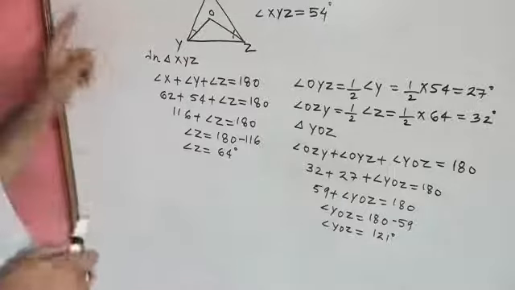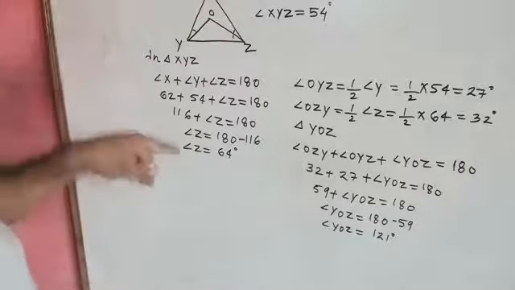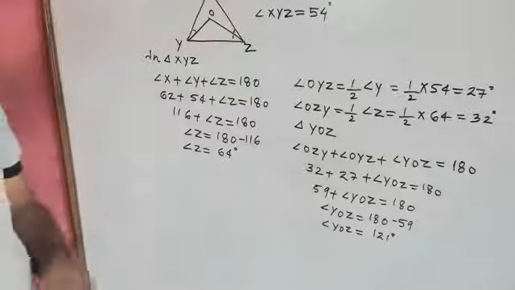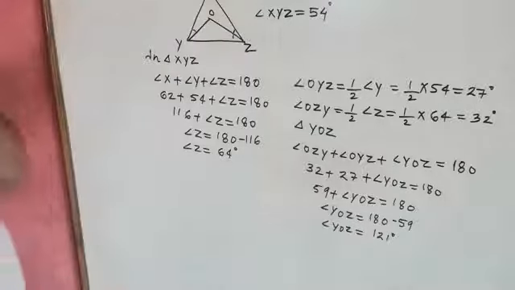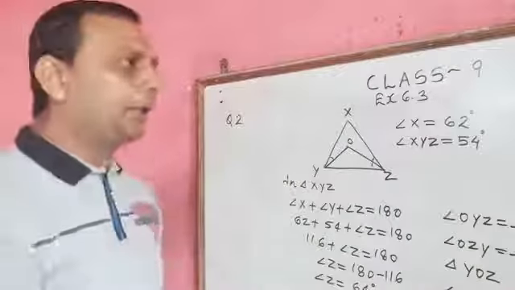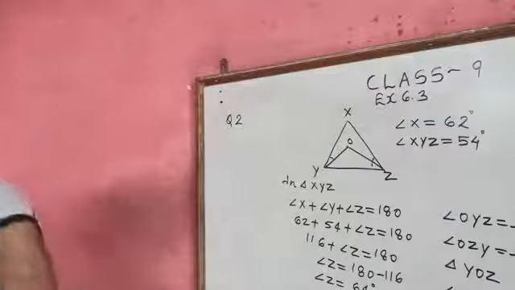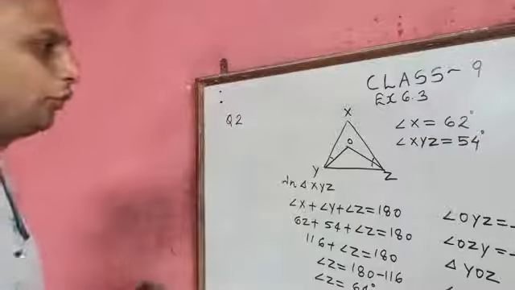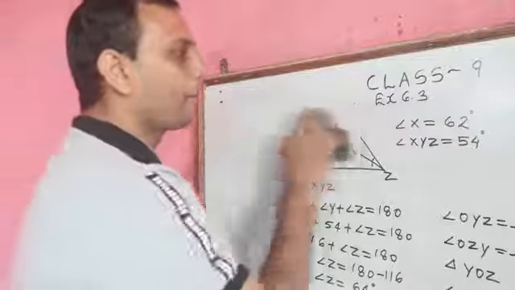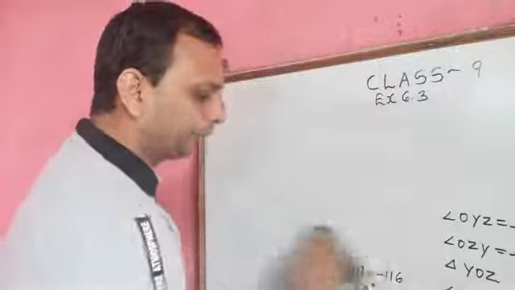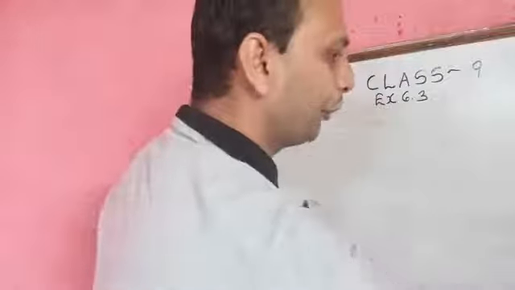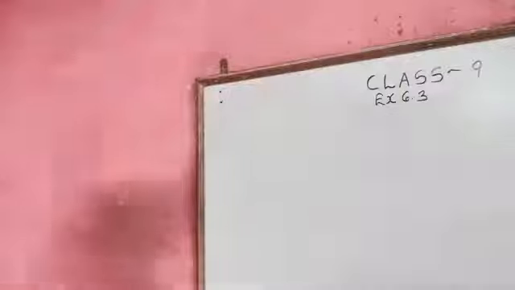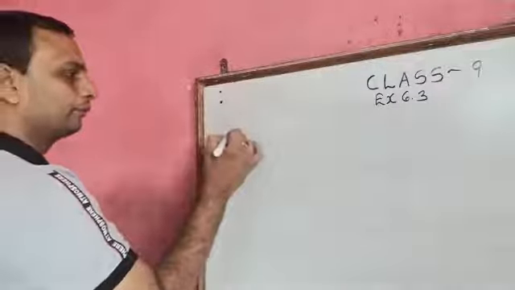So we saw question number 2, and first by using the linear pair concept, and then the bisector, how to divide the angles into two equal parts. With this you can practice question number 3. Question number 3 is a very easy question, so we will solve that also. But you need to practice these questions on a regular basis, otherwise you are going to suffer if you are not practicing at home. So now we'll see question number 3.